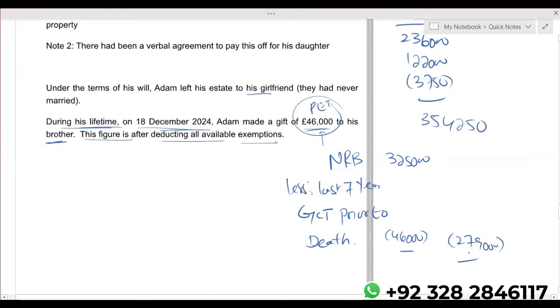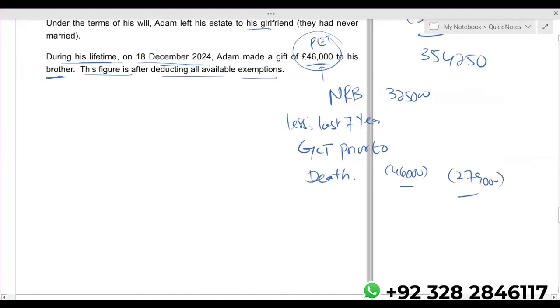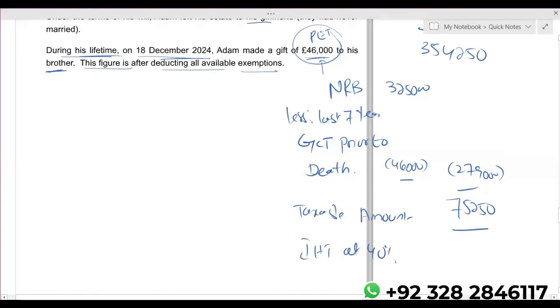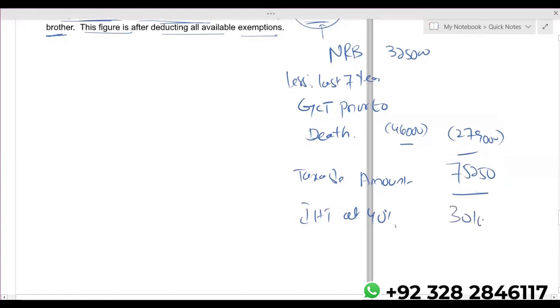So 3,54,250. Here comes the taxable amount, which is 75,250. On this taxable amount, I'll be paying 40% IHT. IHT at 40%. Let's take, this is 30,100. Now,